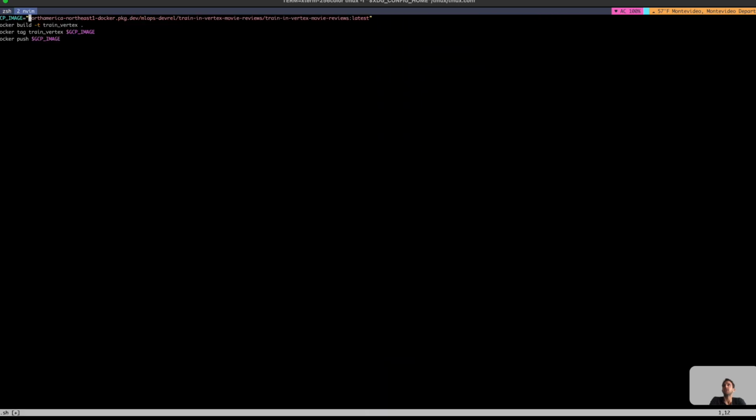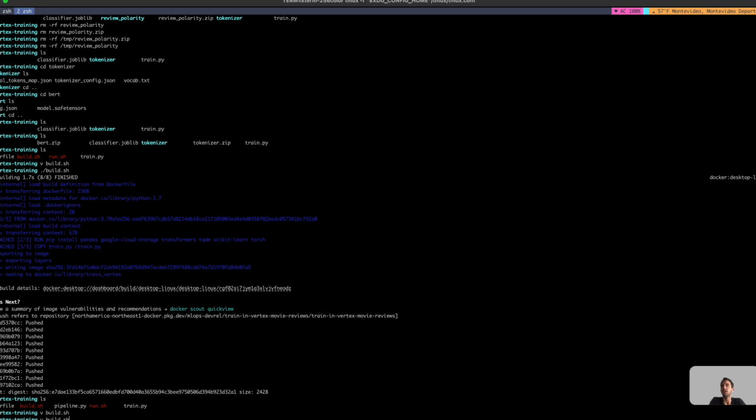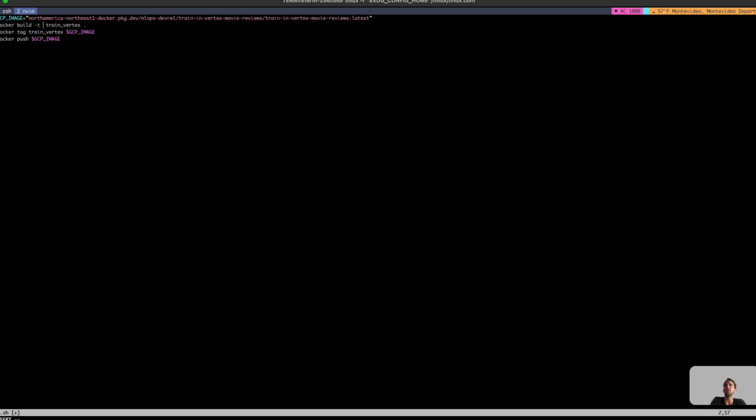Something to notice here, we were pushing our images, and I ran into this problem yesterday. I'm running on an M1 Mac, and when I build for M1, but when I run things in GCP, those machines are not necessarily ARM, they are AMD most of the time. So if I just push my image, that image is compiled against my architecture. That's not the right architecture, and that might actually cause the thing not to work. So yesterday I ran into this, it was failing with a very strange error, and it took me a while